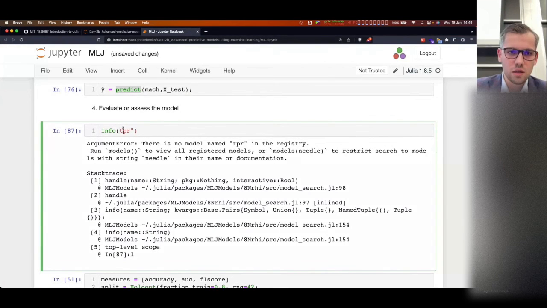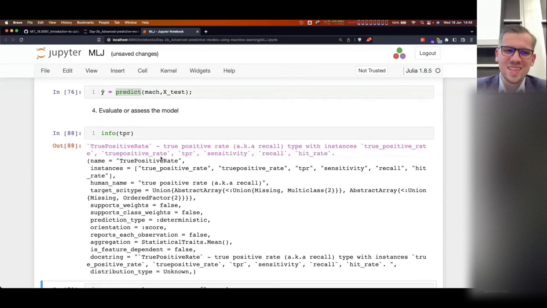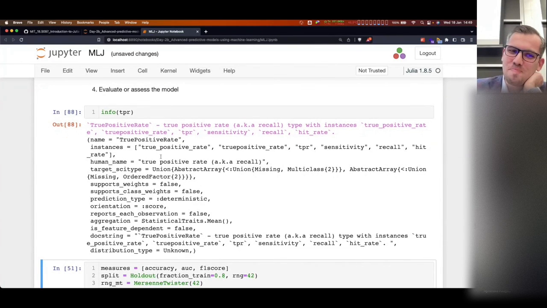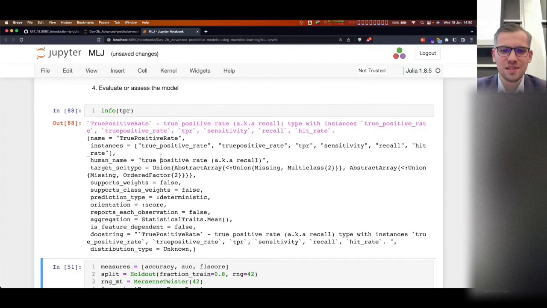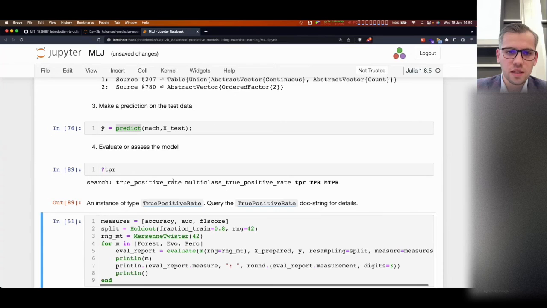Yeah, so here actually info is okay. So if I again get the same thing for TPR from the repository, info and doc is something that you can use